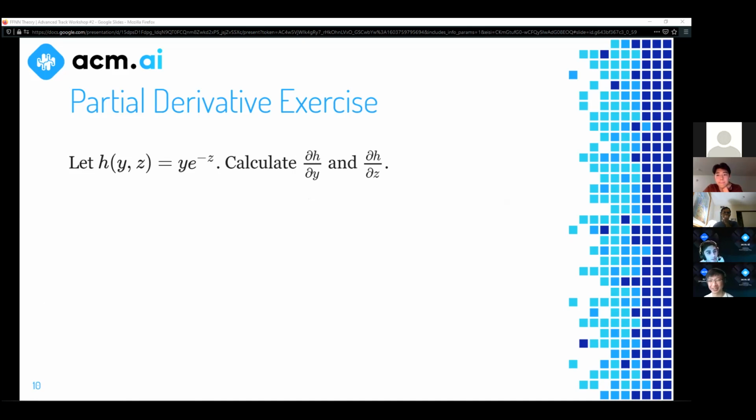Is anyone confused by how it works or what you're doing? Okay, I see some people typing answers. So these are correct answers. Do you want to just explain how we got those answers? Or even the people that answered, if you want to walk us through your thought process. That's even better. Good idea. So if you want to unmute or explain in chat, that would be great.